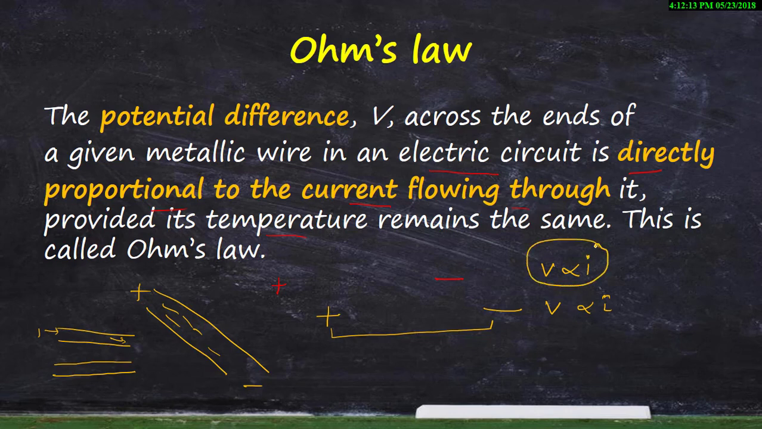Potential difference is directly proportional to current, and this is known as Ohm's law. I will repeat once again. The potential difference across the ends of a given wire in an electric circuit is directly proportional to current flowing through it. Okay, ఏ విధంగా అయితే మనకి ఒక ఎండ్ చాలా హైయెస్ట్గా ఉండి ఇంకొంచెం లోయెస్ట్గా ఉంటే వాటర్ ఎంత